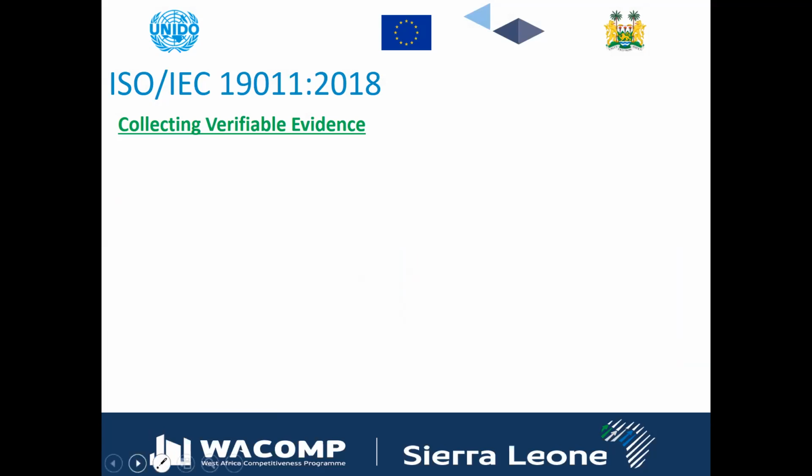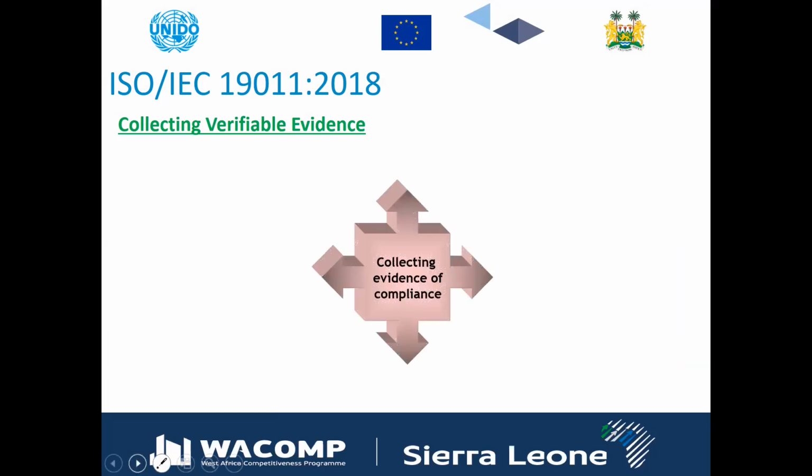Collecting the verifiable information, definitely this is part of this audit: how you have to collect the verifiable information and collect the evidence using the audit checklist, conducting the interviews of the auditee. You have to ask different questions as per your checklist. The checklist is basically with respect to different clauses. For example, calibration is one of the clauses.